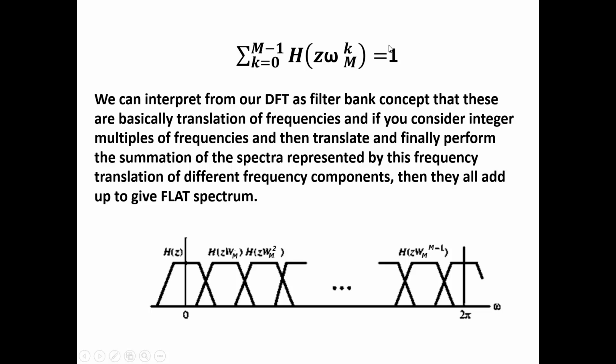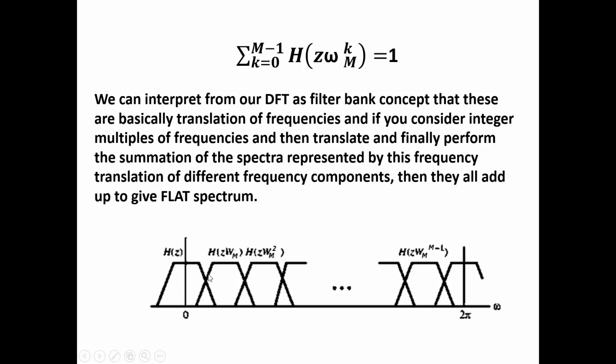And this will give me the flat spectrum. This is for the first component. This is for H(z^M). This is for H(z^M) 2. This is H(z^M) minus 1. So that means all the spectra where the factor k goes from 0 to capital M minus 1, all the